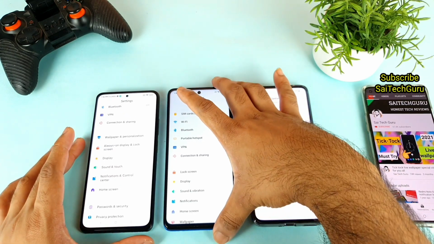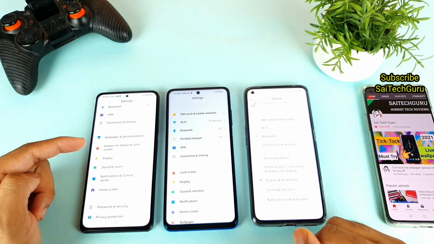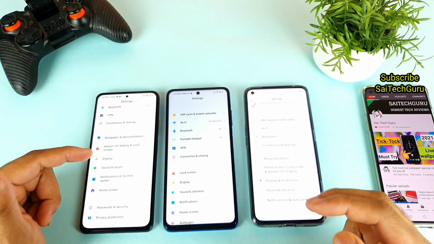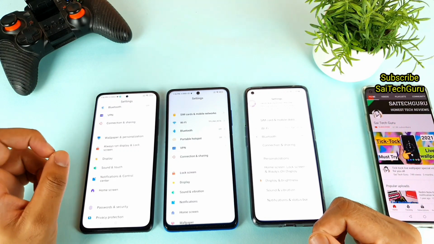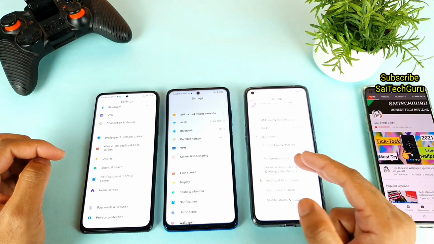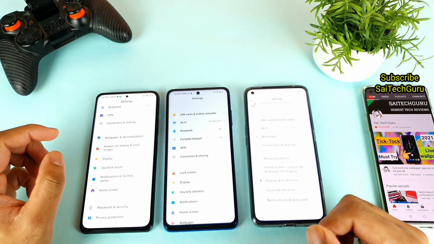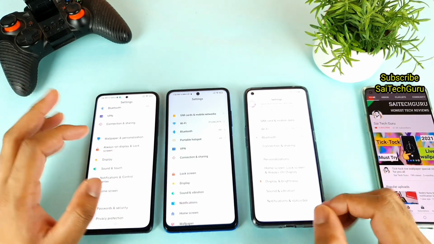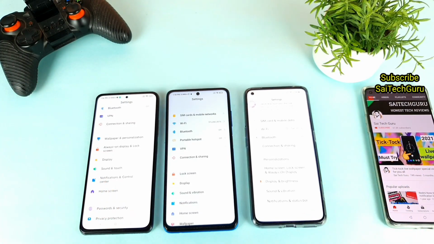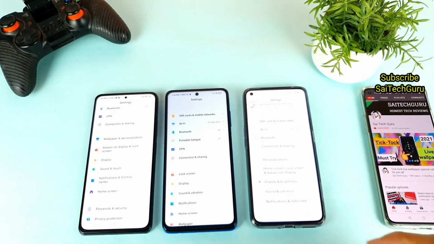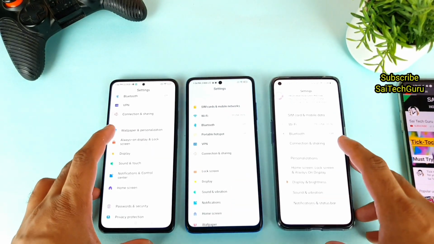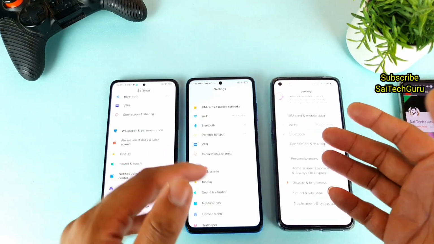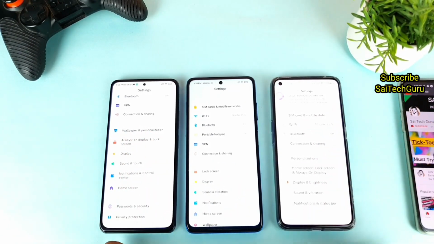So the Mi 11X has got 1300 nits of maximum brightness, whereas the Poco X3 and X3 Pro both have 450 nits of brightness, I think 450 or 480, and whereas the Realme X7 Pro has got 1100 nits of brightness. So these are the comparisons, friends, between all the three smartphones, as you can see here. So in terms of the brightness, I can actually see the Realme X7 Pro slightly feels like it has more brightness levels, as you can see.